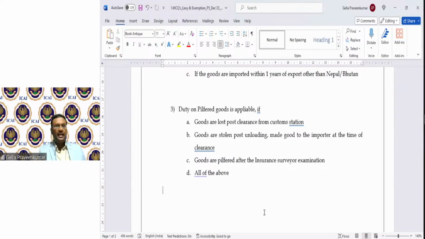Please be attentive. You have to examine the provisions very, very minutely. Examination. Every mark gets counted. Student who scores 99, student who scores 39, student who scores 49, and who scores 59. Every mark gets counted.